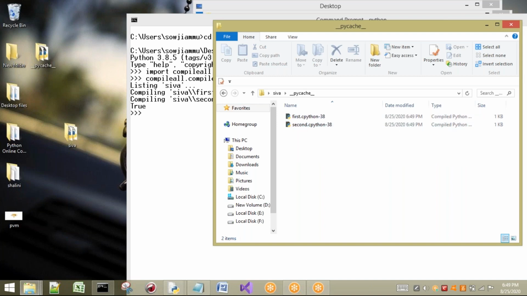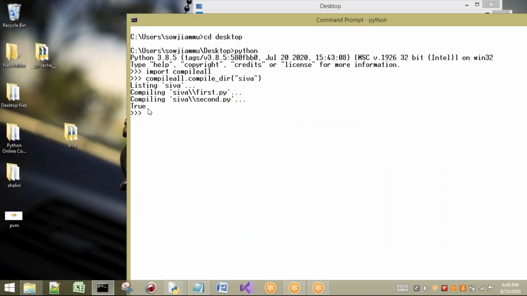After compilation, you are going to get these things. So here you have to observe this one. Last line is what? True. That means here it is going to return true. That means it is success. In the before case, what happened? It returned 0. It indicates success. Okay, in this way we can compile different files.